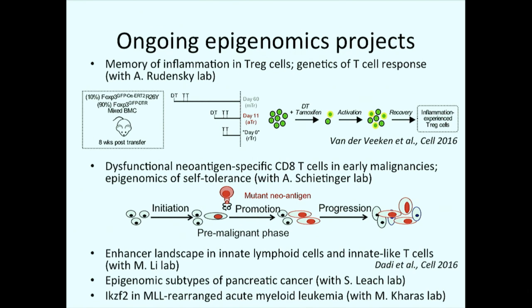We're doing a lot of projects like this with our very brilliant immunology collaborators at Memorial Sloan Kettering mostly. Many of these are published, some are coming out, and the next one to come out will be about the epigenetics of tolerance to self-antigen. So I think it's a dysfunctional state related but not identical to tumor-specific dysfunction.